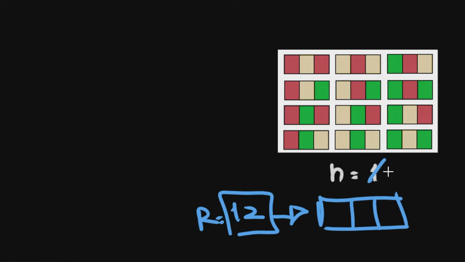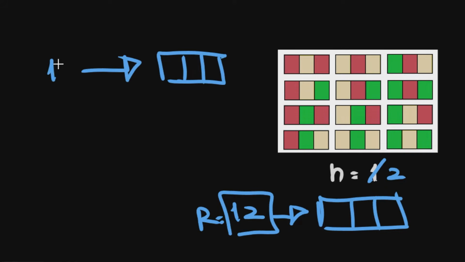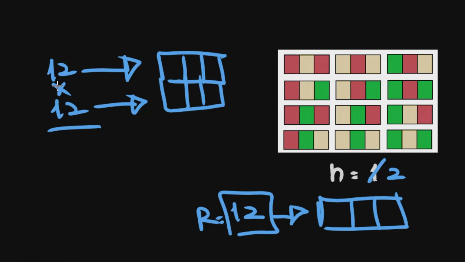Now let's say that n is equal to 2. This means that we have 2 rows. And maybe you are thinking that given that here we have 12 possible combinations, if we add another row, here we have 12 more possible combinations, so you can do 12 times 12 and this is the result. But this is not true, this is wrong. Why? Well, because let's take this for example. If we take these 2 rows, here we have the same color in 2 adjacent cells, so this is not